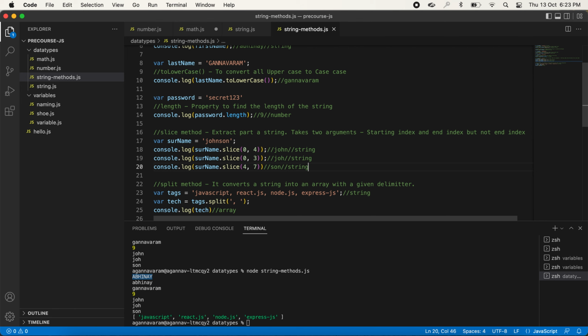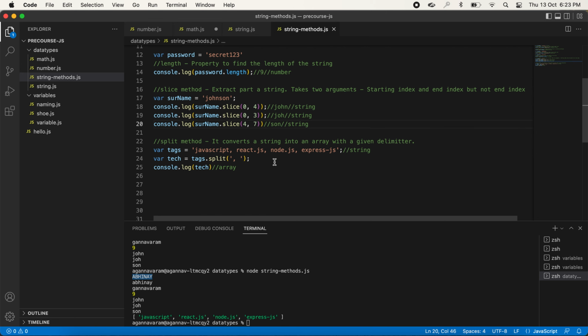Data type identification is very, very important when you are using these different types of methods in string, number, everything. Whatever methods you are using, you should remember which data type they return. Then we have the slice method, and then we have the split method. For the split method, the return type is an array. That's the definition, right? The split method converts a string into an array with a given delimiter. That's it. Now let's